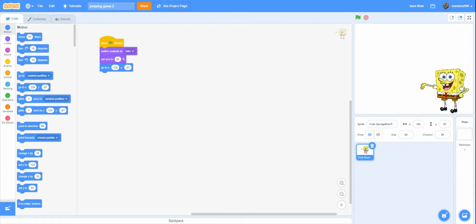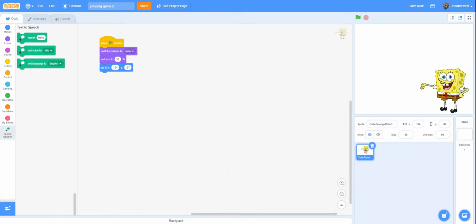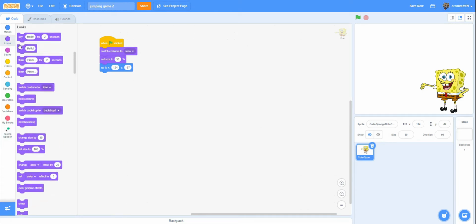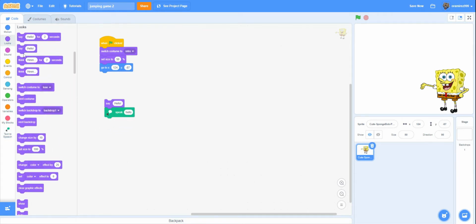So for explaining the instructions, what you have to do is add a block that we don't have right here. It's not one of the basic blocks. We're gonna use a more advanced block. So here where you have the extensions, you have the one that says text to speech, and we will explain the instructions. So we're gonna choose this combination, say, then we will choose speak, and then we need another say, okay? So I'm gonna plug this here, and I'm gonna put here instructions